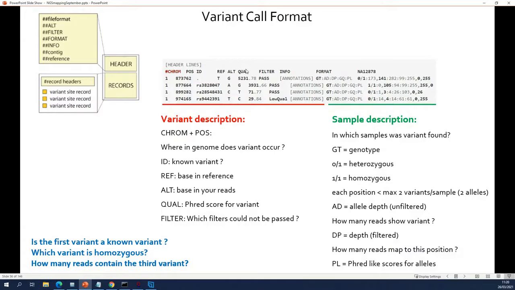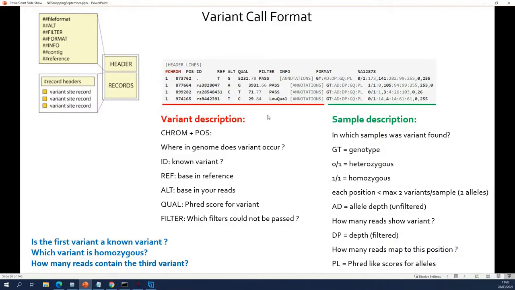You will get the quality score for the variant, and here you will get information on the variant calling that was done by GATK. GATK is going to use a lot of filters to call variants. It's going to take a lot of things into account. So if a variant has passed all the filters, you get PASS. If it hasn't passed one of the filters, you get the name of the filter that was not passed here. So this is a low quality one.